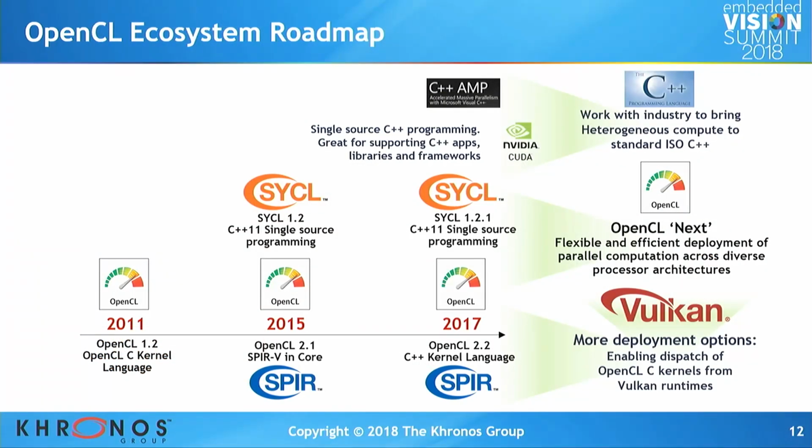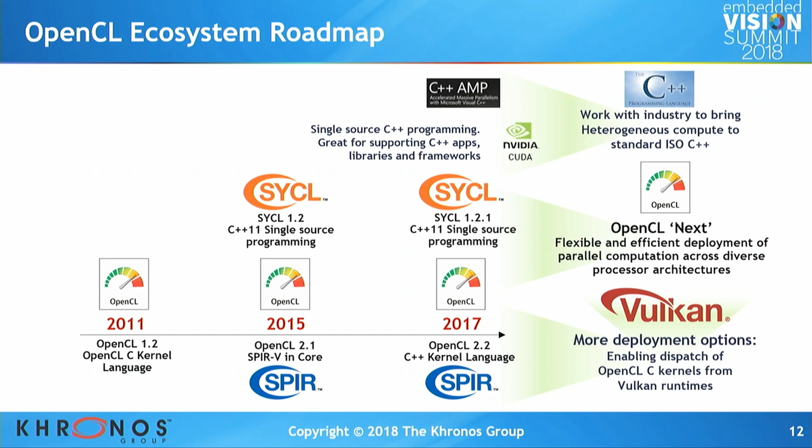The OpenCL roadmap is interesting. There's a lot of work going on. There's 3 main threads. There's the SYCL work that Andrew was just talking about. That's our route into talking to ISO, and we want to bring the parallel processing goodness into standard ISO C++. That's kind of like a long-term project, but it's definitely a worthy one. We want to provide more flexibility for people to deploy their OpenCL kernel code on more runtimes, and we're bringing that capability to Vulkan. I'll talk about that in just a second.